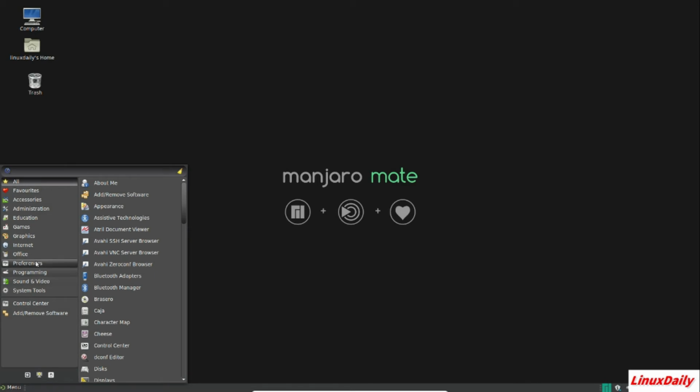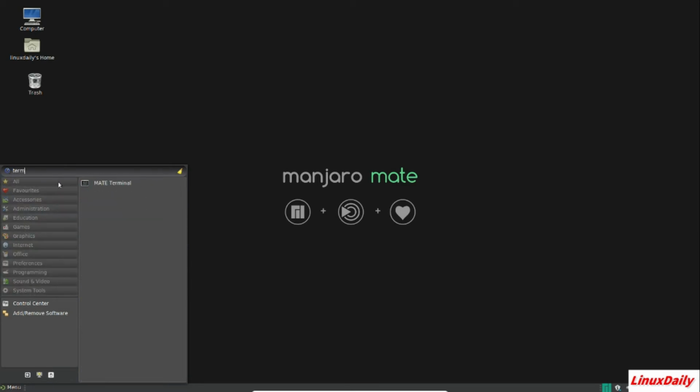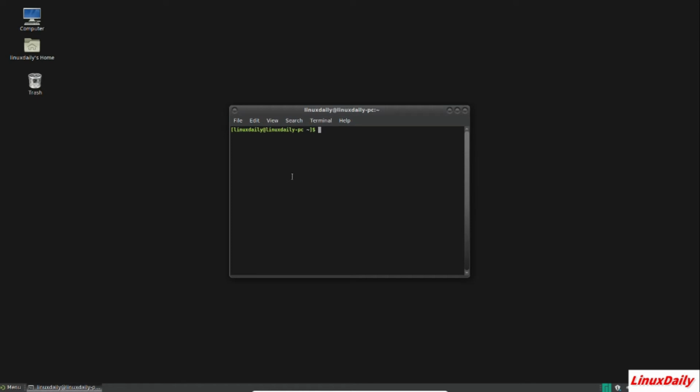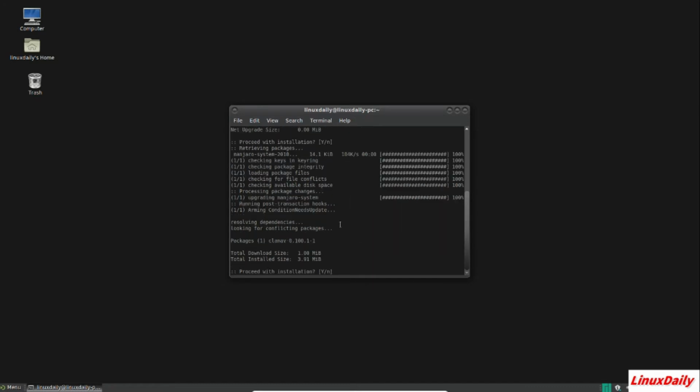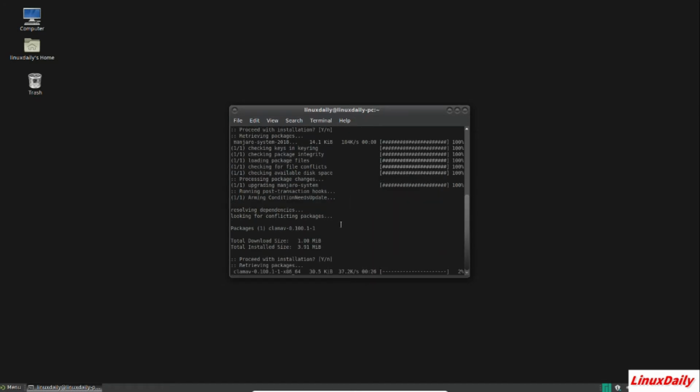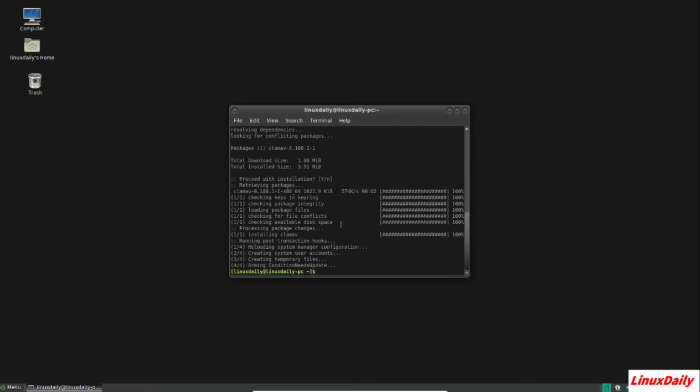Like if we go down to a terminal, Mate terminal right here, and then I might have to, yeah, sudo pacman. Yeah, ClamAV is a pretty good one for Linux. Now I'm downloading this on Manjaro, which is Arch based.